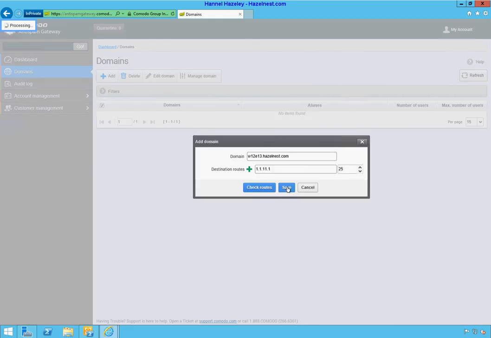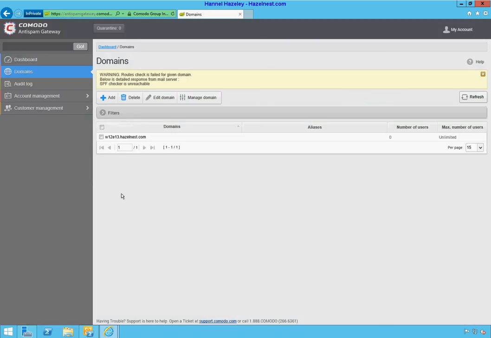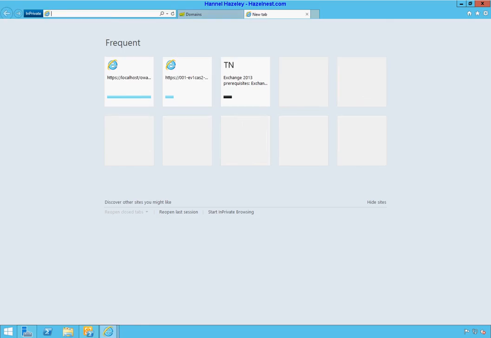Oh, processing. Alright, once it's done processing, it'll give you a warning here because it failed to check. That's fine, you don't have to worry about that. Now the next thing you need to do is open the browser,